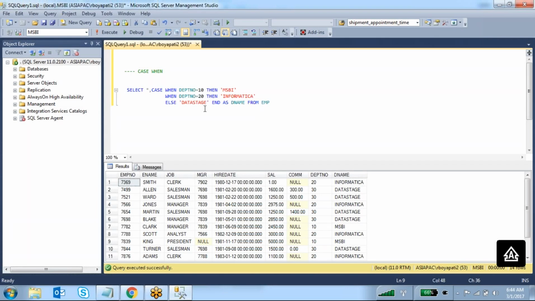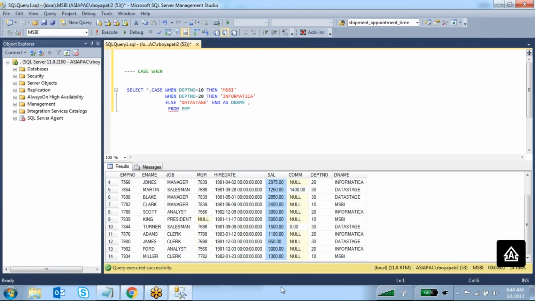You can check on a particular table, on a particular column, and based on the value, what you want to print, what you want to display, you can specify over here. So one more case when condition I'm going to write down: if the salary is greater than 1000, I want to print it's good. If the salary is less than 1000, I want to print it's bad. Okay, right. So case when, on which column do you have to write this condition? On the salary column.